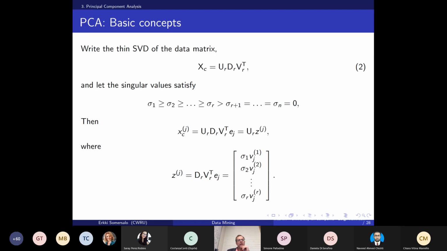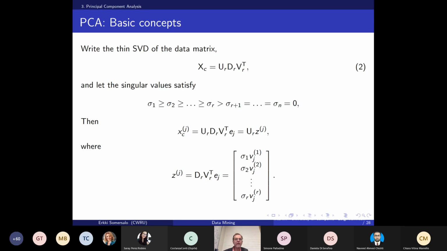Now, suppose that I'm taking the thin singular value decomposition of my data. So you have the data, you center it, and then you go to your computer and you say, I want the singular value decomposition of my X. And in particular, I'm interested only in the thin part, so I'm only interested in the singular values which are non-zero. You don't have to calculate this necessarily. I will explain what you do in practice, because this may be a heavy calculation if the data is huge. Often we only need to calculate a few of those singular values and singular vectors.